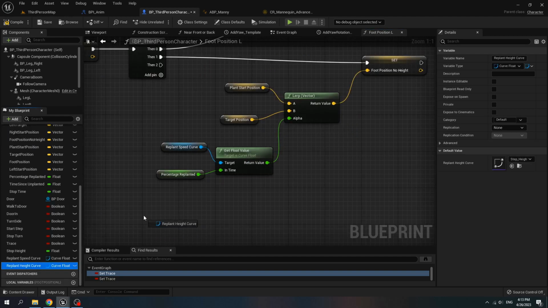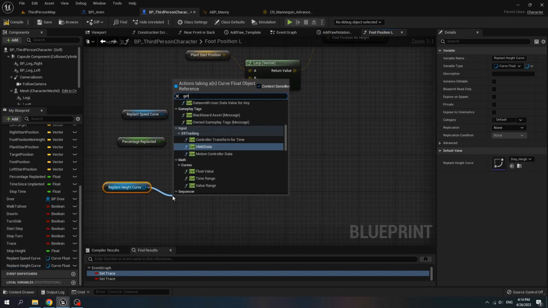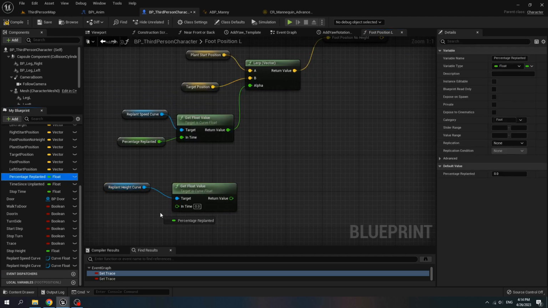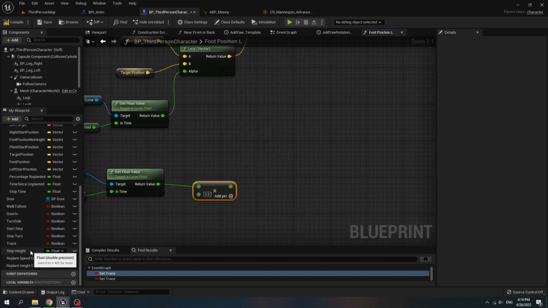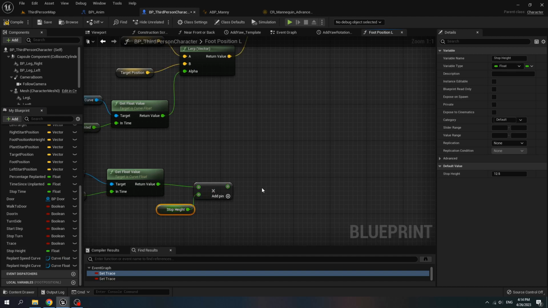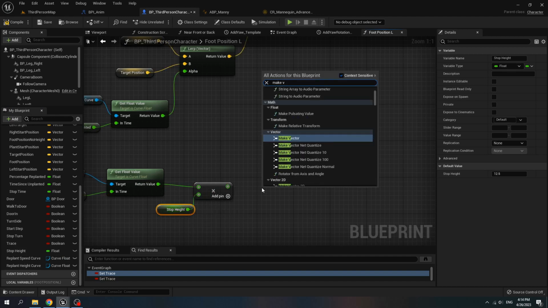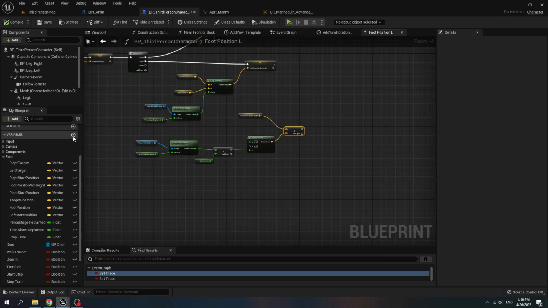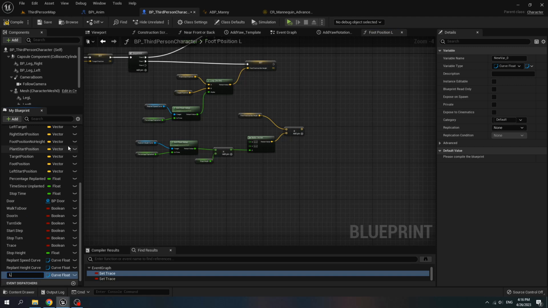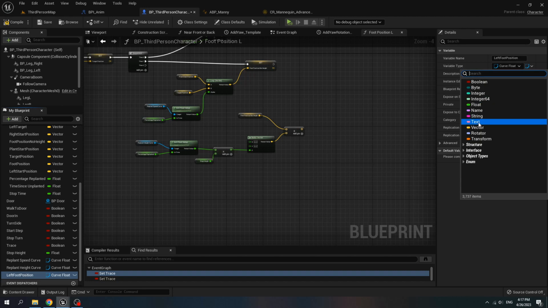At the add pin, we get the replan high curve, get float value, get percentage replanted, connect it to in time, and multiply, get stop high, connect it, make vector, and connect it to Z, get foot position no high, and then add it with the vector.